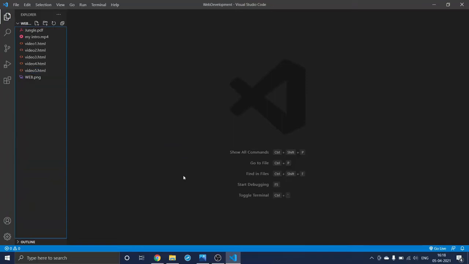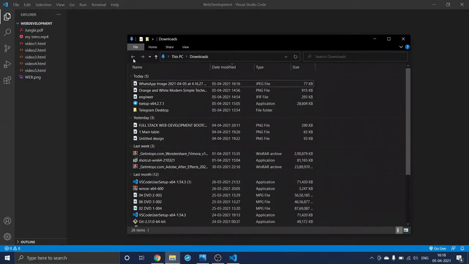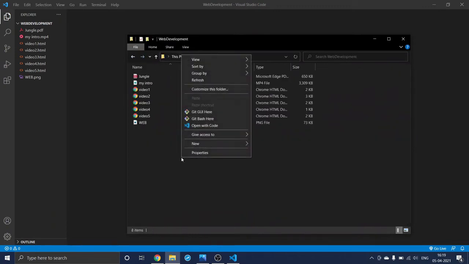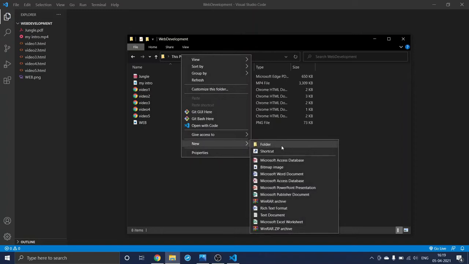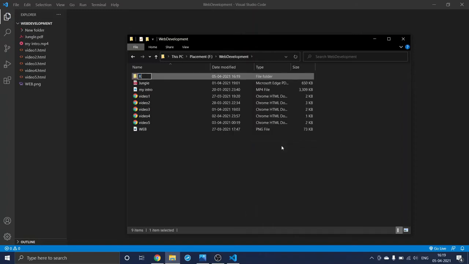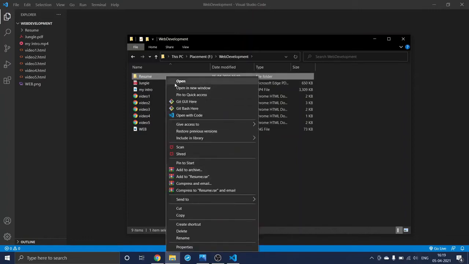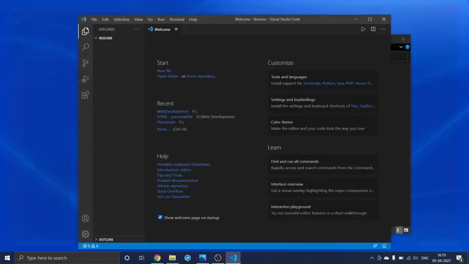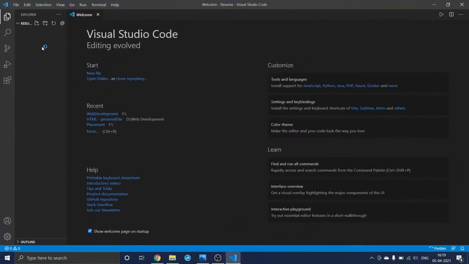And what I will do is, I'll go to my web development folder. In the web development, I will make a new folder again, and I will give the name as resume, and I will open this folder with VS Code, and I will close this. And what we need to do is, we'll be creating a file named as profile. I'll name it profile.html,